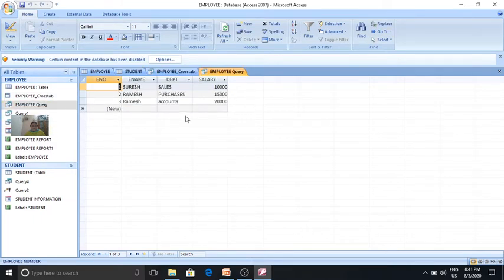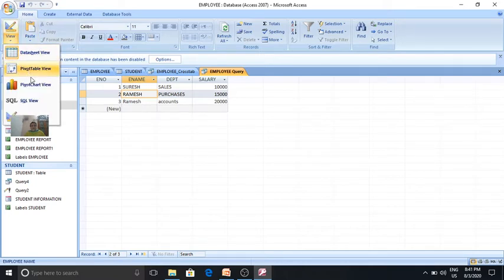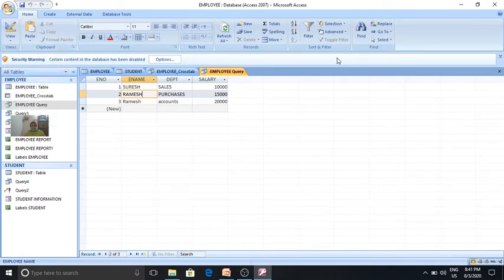This is the query here. I want to apply a filter; I have opened it in datasheet view.